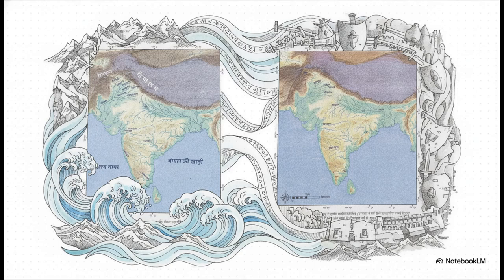Just notice the sheer contrast, but also the deep connection between the physical geography and the ancient political boundaries. You've got this physical expanse defined by massive natural barriers, the imposing Himalayas to the north, the Hindu Kush, and those vast oceans to the south. And within all of that, a rich, sprawling network of rivers. But even back in the ancient epic of the Mahabharata, the land was divided into many different political regions.